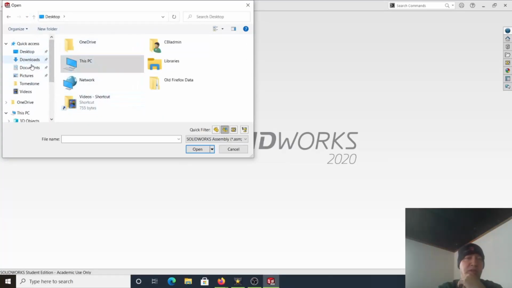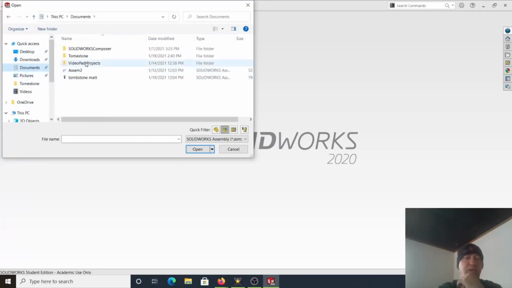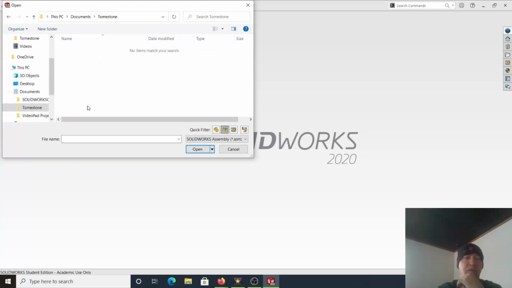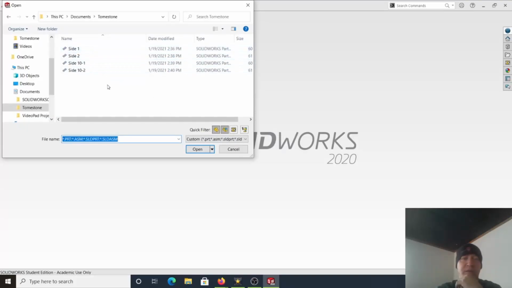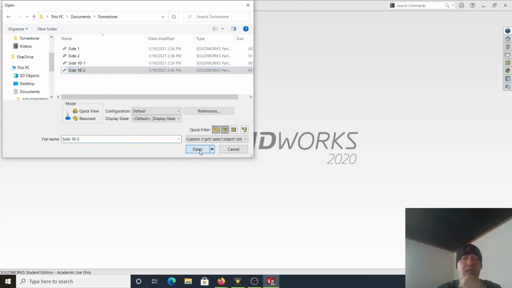Let's see here. We're going to go to Documents again. You see Tombstone here. I'm going to go into that file folder, but there's no items there. That's because this is looking for assemblies, not parts. If I click part, then it comes up with parts. That's just a way to filter what file extension we're using. So I'm going to pull open that 10.2 again,